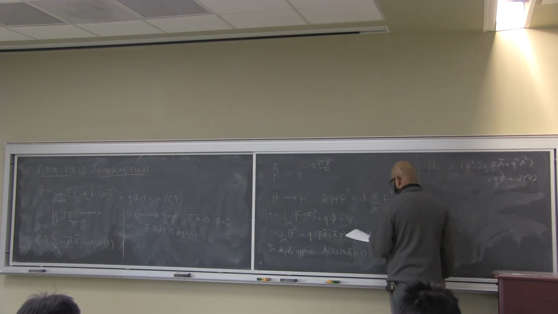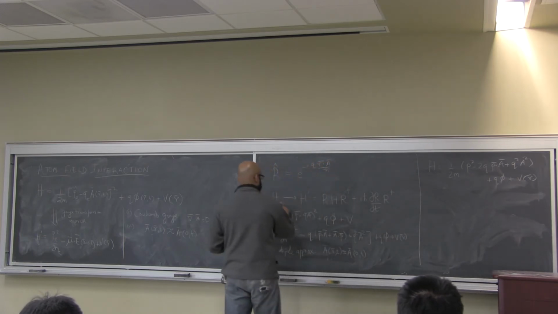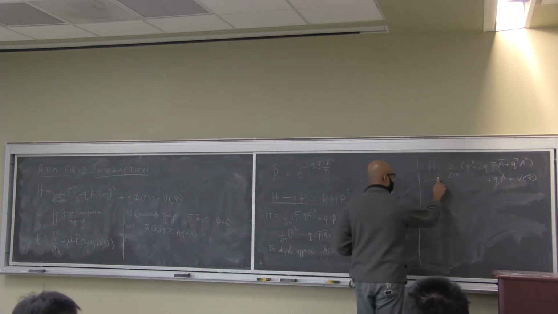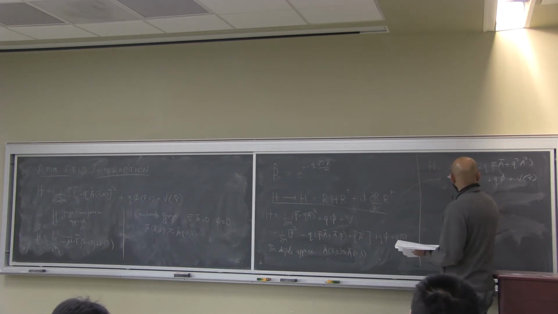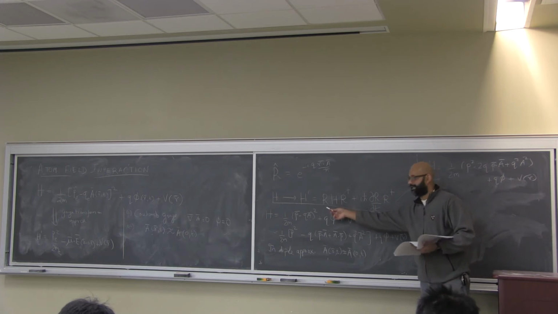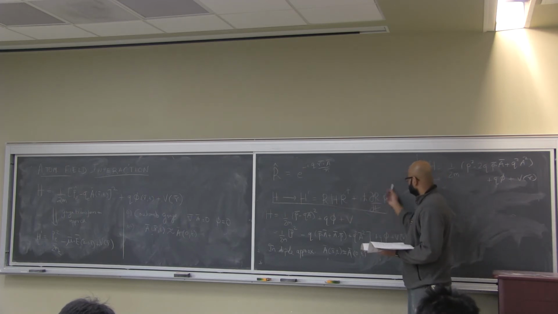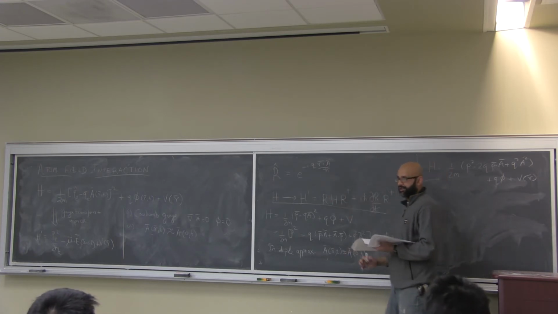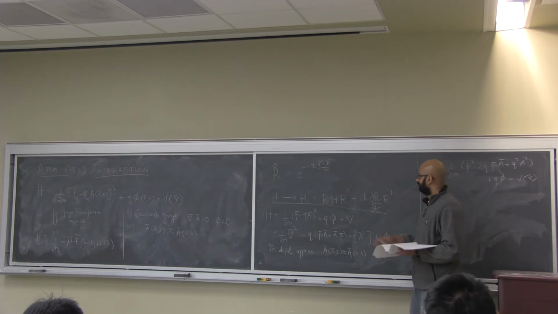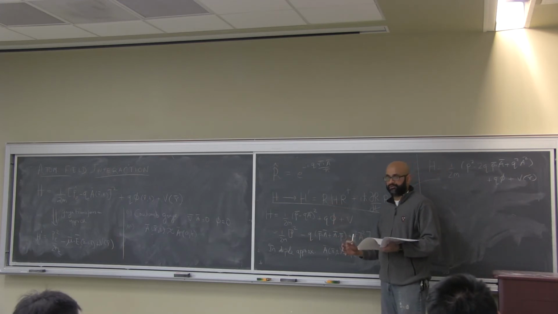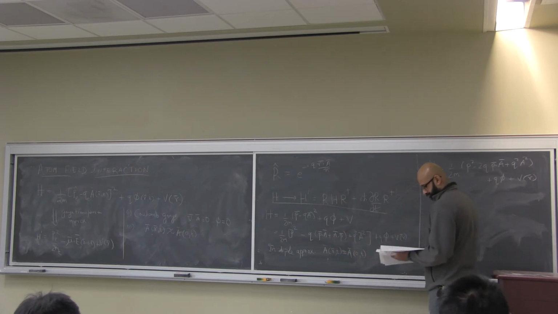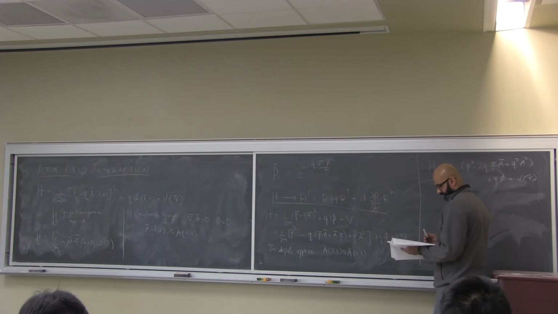Okay. And now I carry out the transformation that I just mentioned here, right? I put that in here, so I'm going to have to find out what happens to P squared, and what happens to P dot A and A squared and all of these terms under the action of these terms. Now this term clearly does not depend on H, right? It's just dependent on the transformation that I wrote down here, okay? And so that term is easily carried out, but this term requires a little bit of algebra to carry out, okay? So let me just do one of these terms,